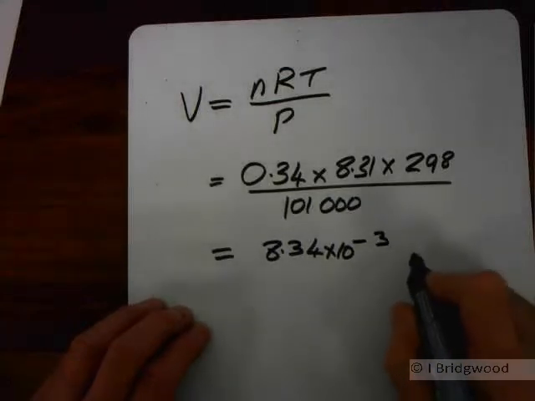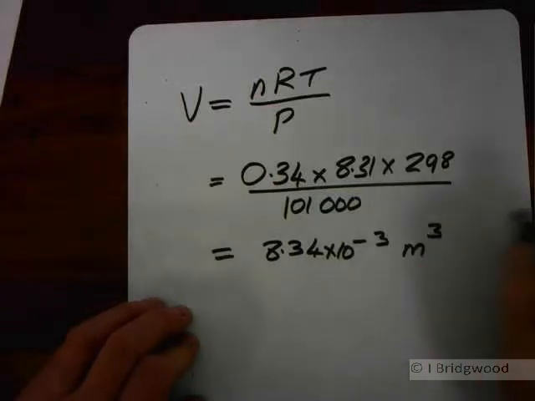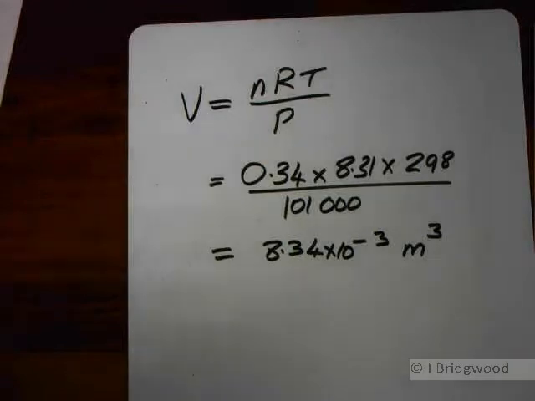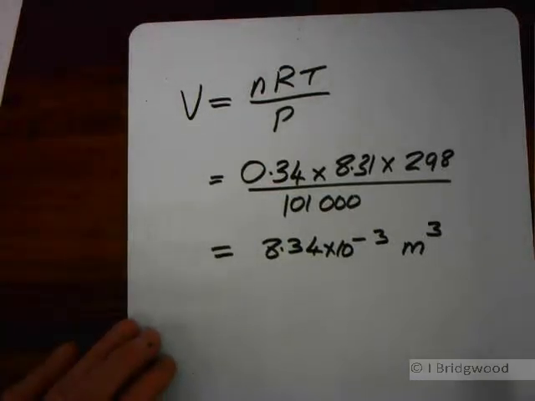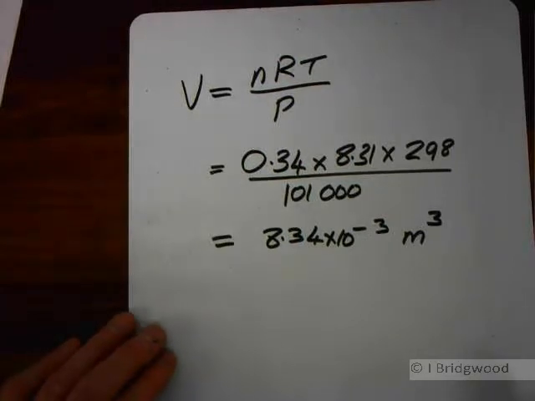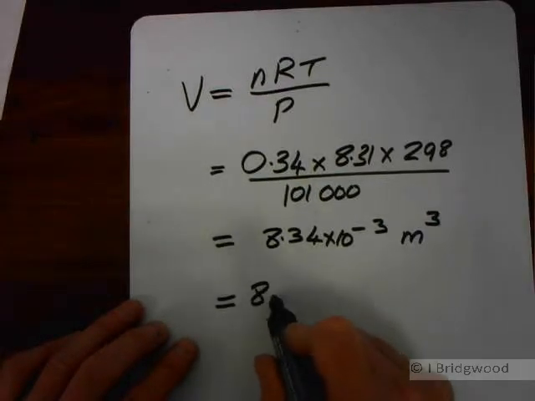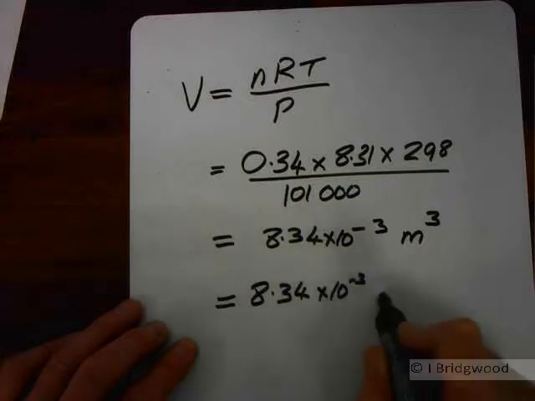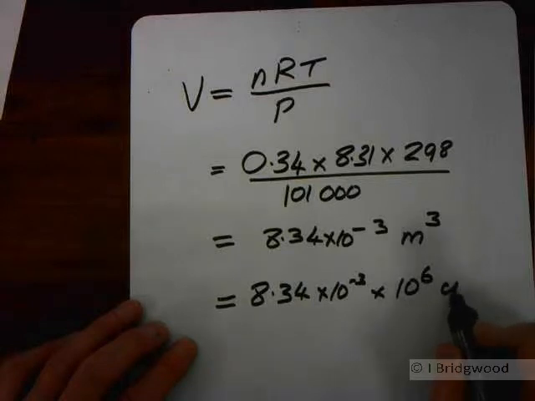And that, of course, is in cubic meters. So we need to convert our volume from cubic meters into cubic centimeters. There are 1 million cubic centimeters in 1 cubic meter, so 8.34 times 10 to the minus 3 times 10 to the power 6 cubic centimeters,